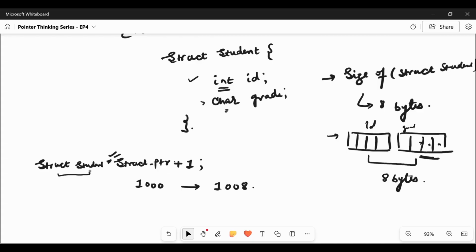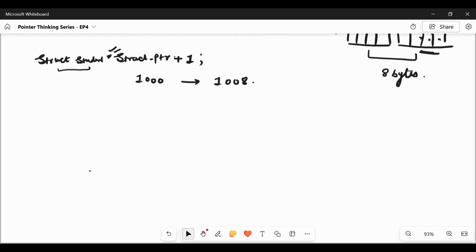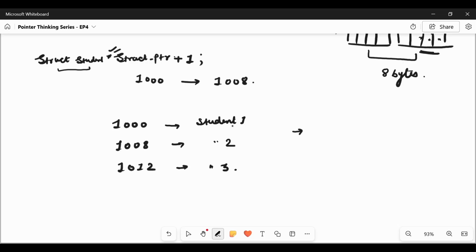When we have to move to the next object, how will the address be stored? When we look at the memory mapping, when we have to move to the next student, object by object hopping, it will simply become struct ptr plus 1.